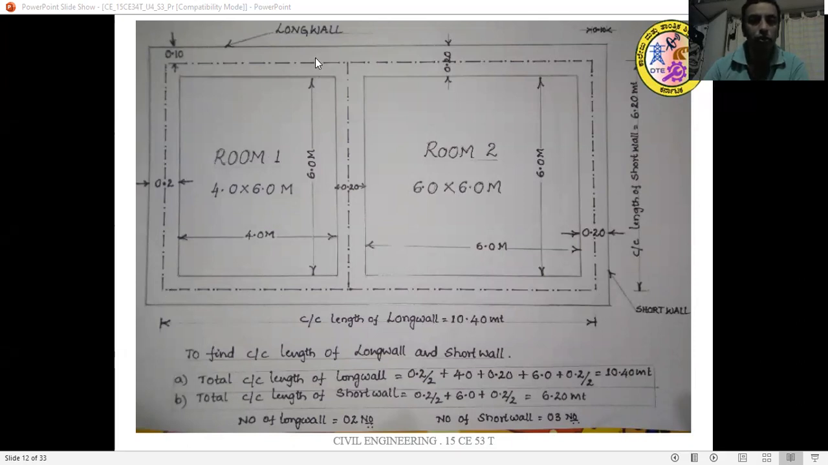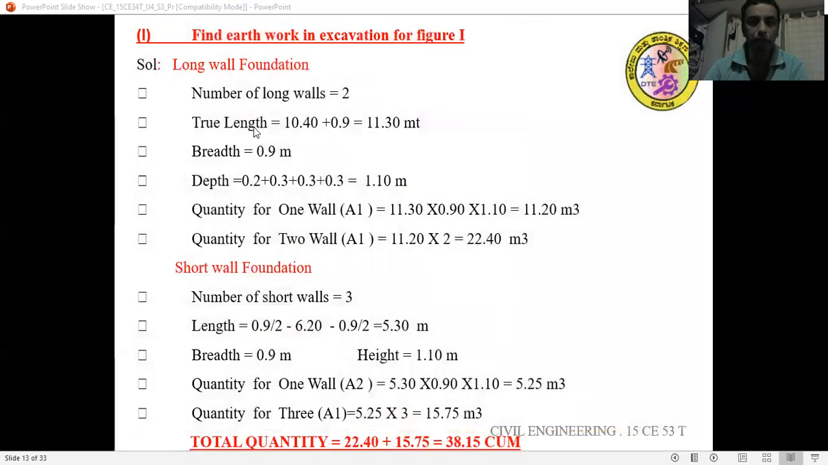The number of wall is equal to 1. Number of one wall is equal to one more wall. Then you will get 2 number of long wall and 3 number of short wall in the vertical direction. Therefore,